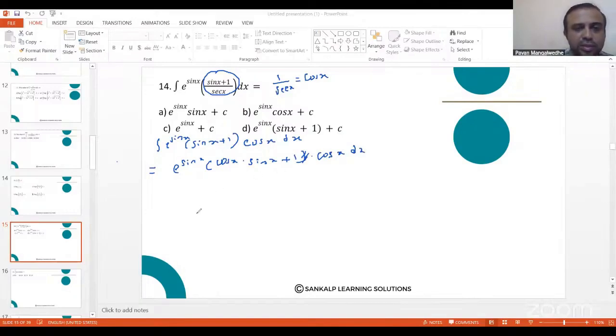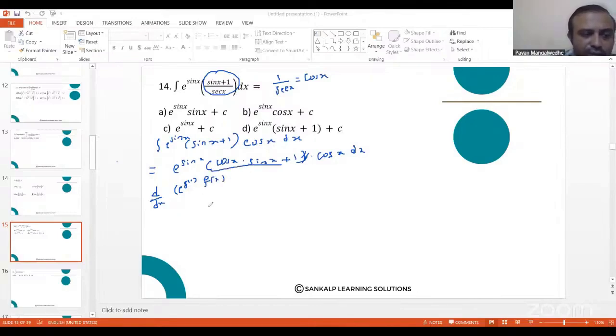On solving this with respect to the pattern of recognition of the integration, we can get d by dx of e raised to g of x. If you treat sin x as g of x and treat this whole function as f of x,